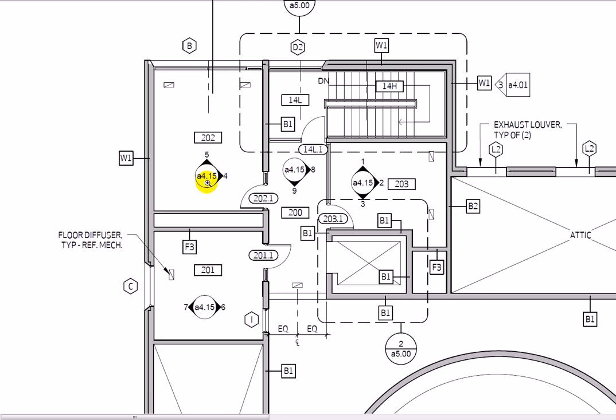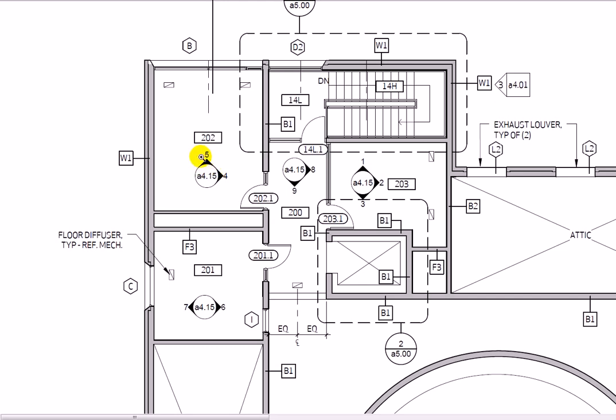So let's zoom right in here. What we see here are some details. Now these are architectural details, but if we're looking for a blow up of the elevator, we have detail 2 on A500, and this little dashed line around the outside indicates that that's a blow up plan. These little details